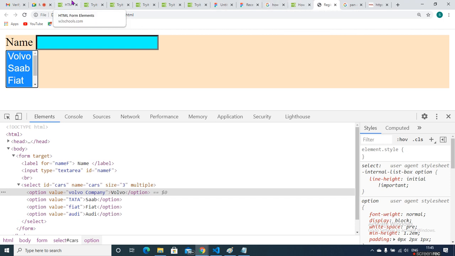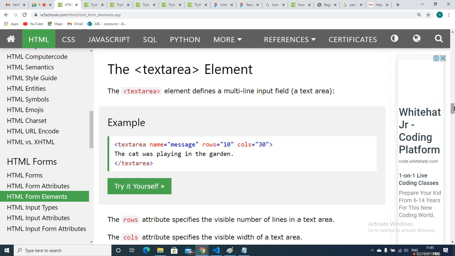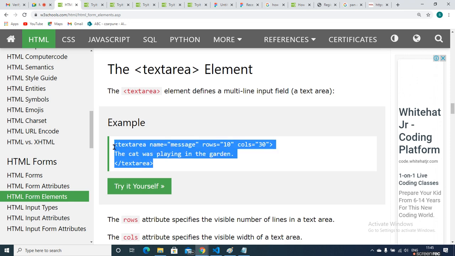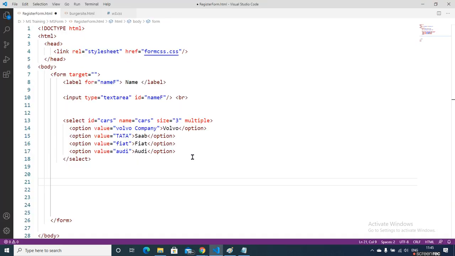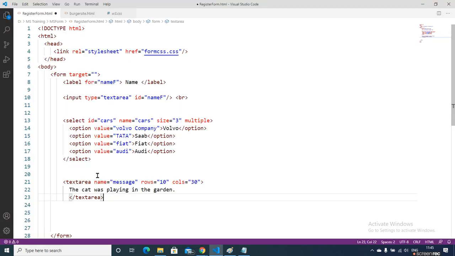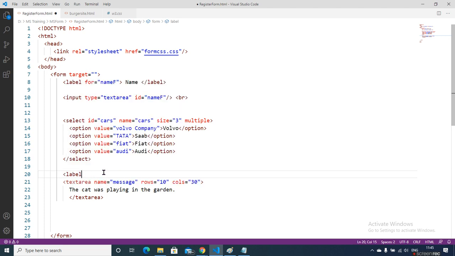After that, text area. Now I will show you how the text area works. Many times you need to pass it here. I just pass the text area. I copy and paste because writing each element takes some time. For writing a label, I say label.